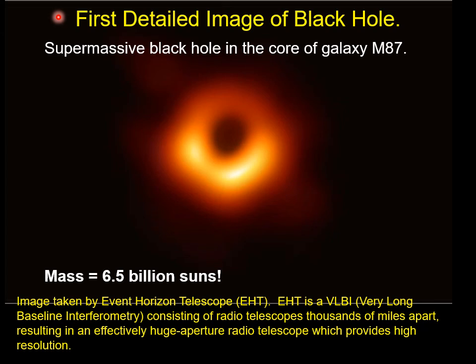This is the best image we have of a black hole taken to date. This is of a supermassive black hole in the core of galaxy M87. So we'll learn a little more about these supermassive black holes in the next chapter on galaxies. But these supermassive black holes have much, much more mass than a single star that produces them. We actually don't know how these are produced. But this particular one has an estimated mass of 6.5 billion suns. So this is just amazing to think about 6 billion of our suns squeezed together until basically it disappears from